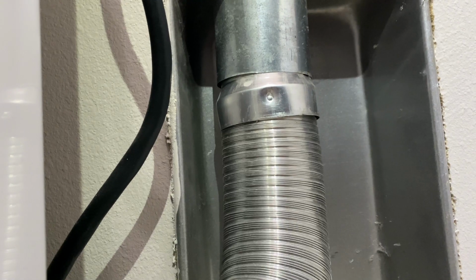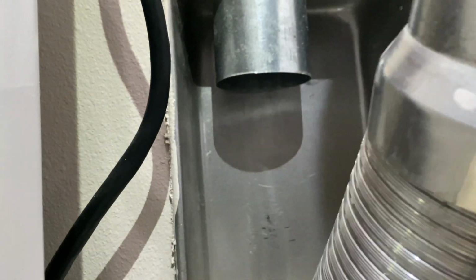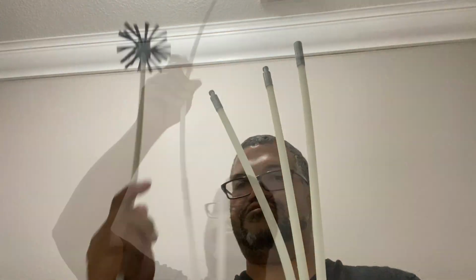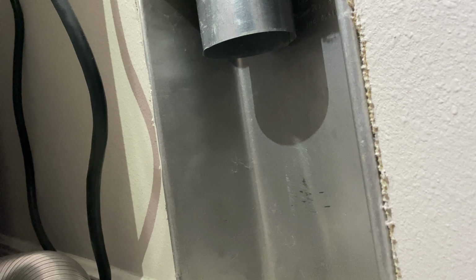This is what we're going to work at. Doesn't look that bad, right? So the lint eater comes with, this is to clean the ducts here. It comes with these other attachments. So basically I start with